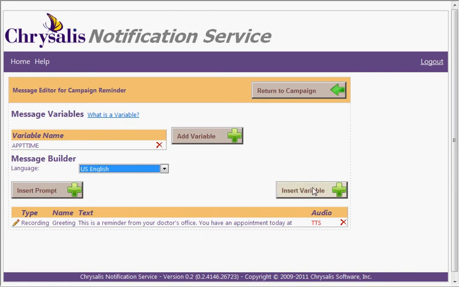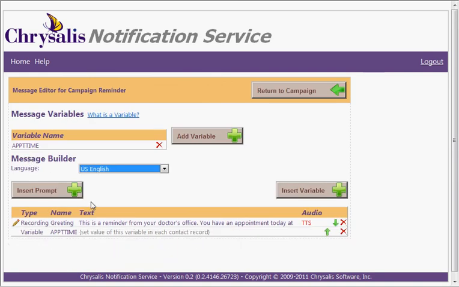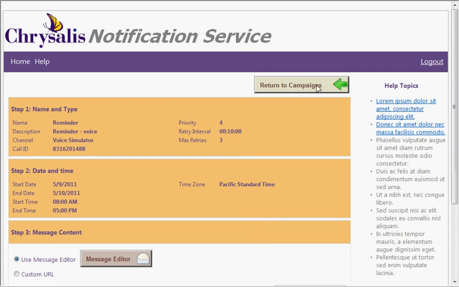And now I want to add the variable. I'm going to insert the variable that we defined up here, the appointment time, into our message. And there's only one variable defined for this message, so I'll go ahead and add that. And here's our message. This is a reminder from your doctor's office. You have an appointment today at, and then we'll speak the time that is contained in each contact record. So I'm finished with this. I am going to return back to my campaign definition,